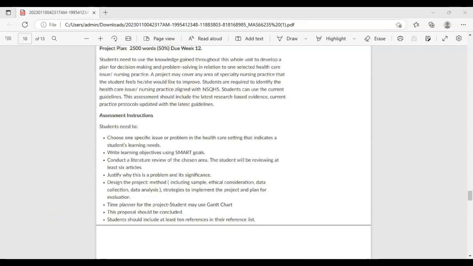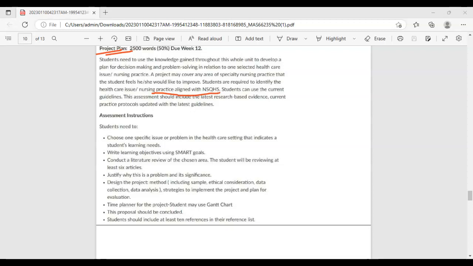above is the project plan description, that defines what a project plan needs to be like and what its requirements are. So this is the project plan. First we have to go through what we have to do and how we have to proceed with this. The unit or the project plan is about decision making and problem solving, which relates to a healthcare issue or a nursing practice, where we have to align certain standards while